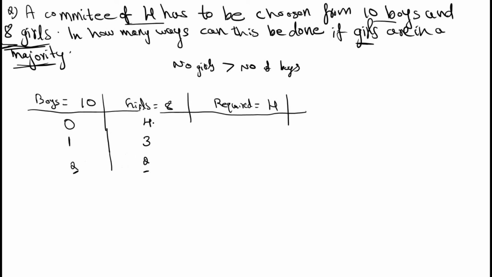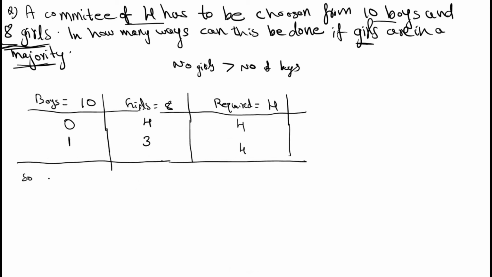First case, 4 girls, 0 boys, girls in majority. Second case, 3 girls, 1 boy, girls in majority. But here, boys equal to girls. So by this you can say that the third case is not possible because number of boys equals number of girls. So only possibility is 0 boys and 4 girls, and second case is 1 boy and 3 girls. That time also you are getting 4, required 4, right? So total possible ways is equal to,